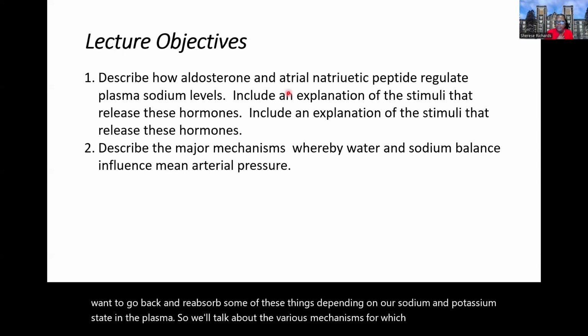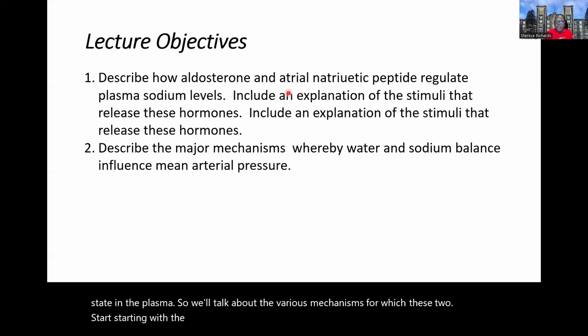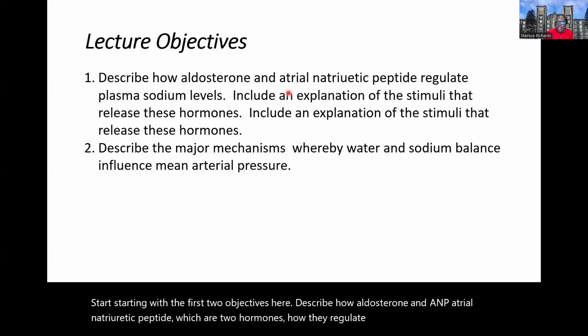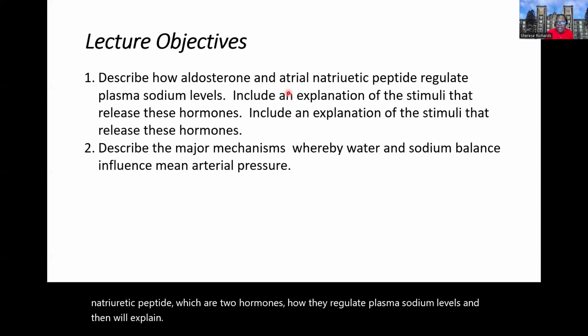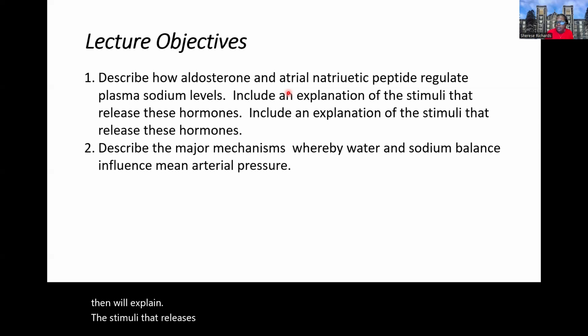Starting with the first two objectives here: describe how aldosterone and ANP, atrial natriuretic peptide, which are two hormones, regulate plasma sodium levels, and then explain the stimuli that release these hormones. So what triggers the release of these hormones, as well as what